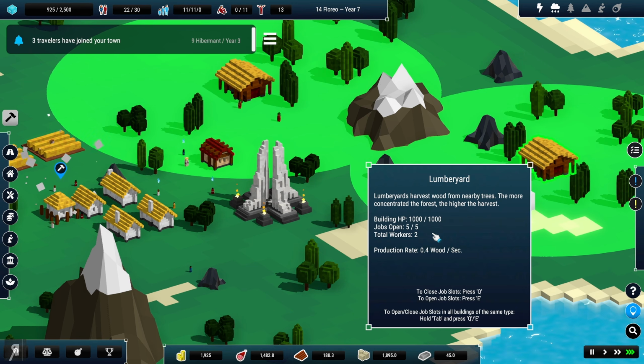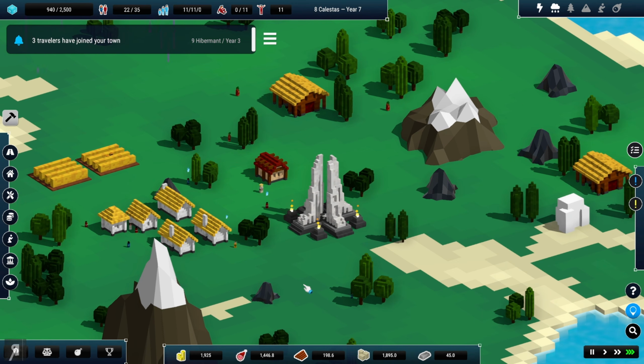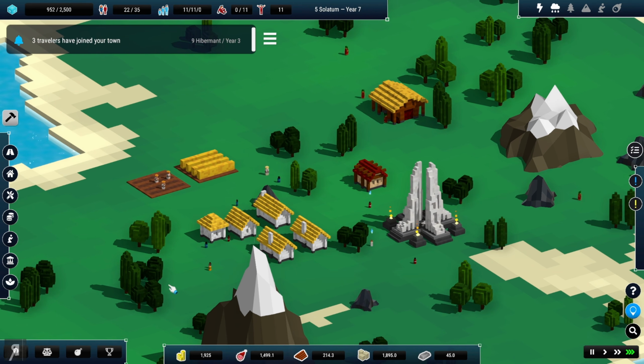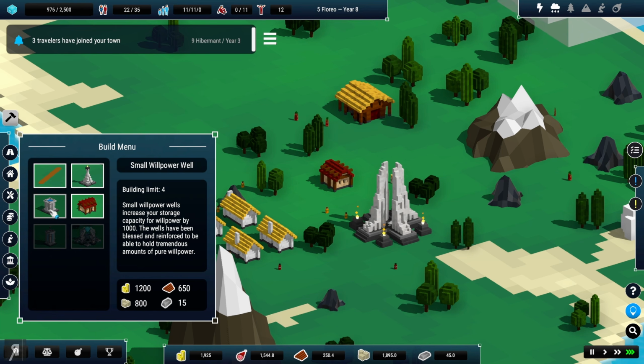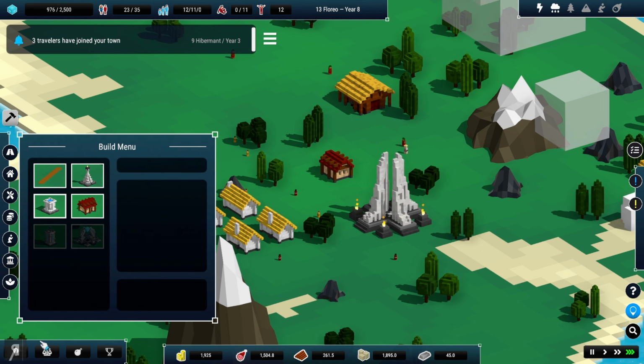when we have more people available for it, they're going to be generating at least 1 wood per second. And 1 wood per second is not great, I gotta say. It's not amazing, especially considering every single building that you have. For example, a small willpower well can increase your capacity for your willpower by 1000, which is really, really important. This is extremely important, and there's a really, really good reason why you would want to get this. And the reason is, let me see,